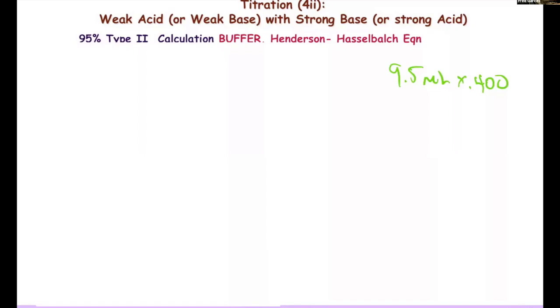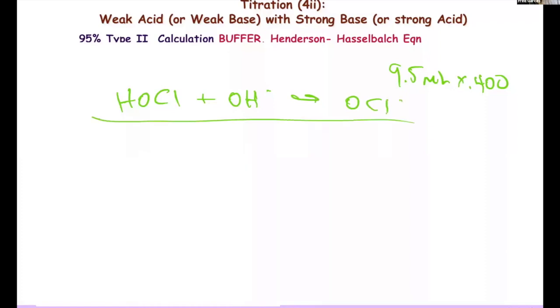So 9.5 times 0.4 is going to be 3.8. So again, we have our hypochlorous acid, we've got our hydroxide, it's going to form its conjugate. So the first part is always stoichiometry, start. This is 4. We're always going back to as if the problem wasn't continuous from last time. You're not going to use the answer of HOCl from last time. You're going to look at the original HOCl